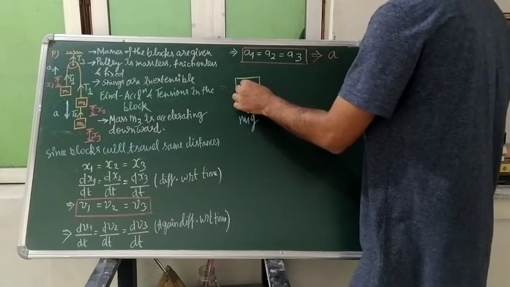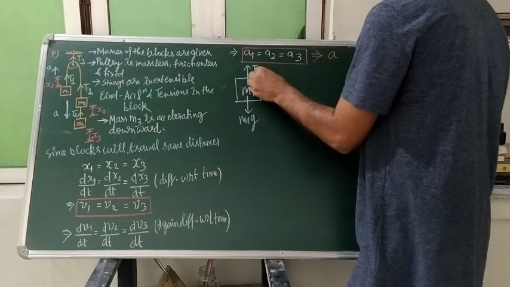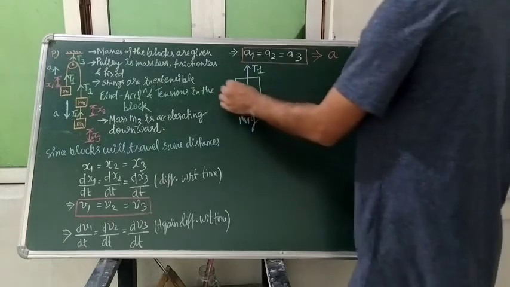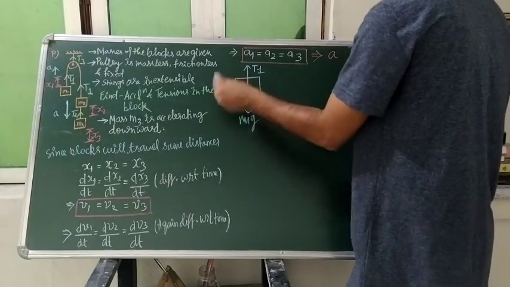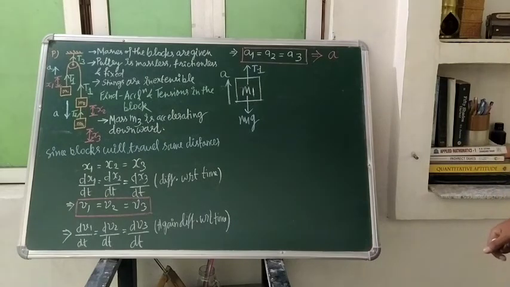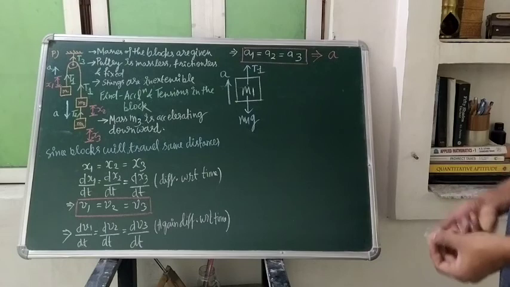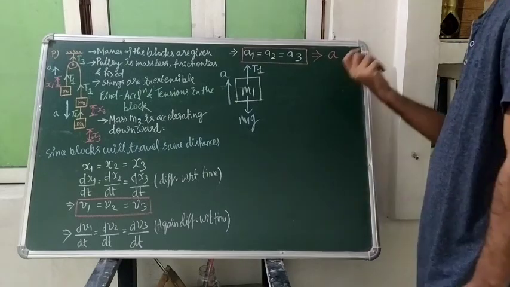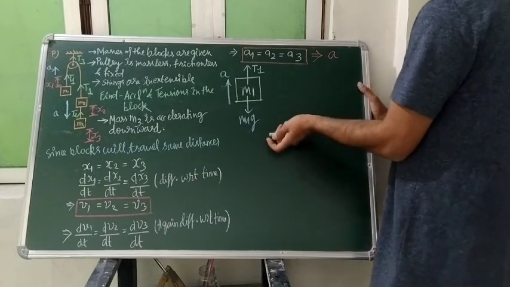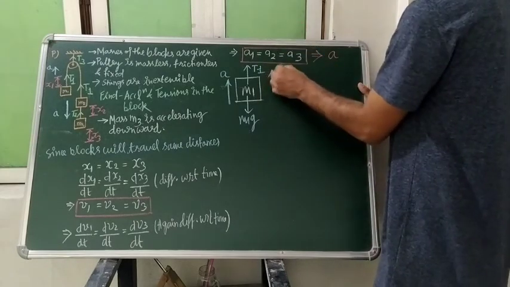That will be equal to what? The weight of that body. And tension T1 is acting in which direction? Upside, student, isn't it? And the block is accelerating upside. So which law will you apply here? Of course it is accelerating, so by Newton's second law, taking upside as positive, what will you say?